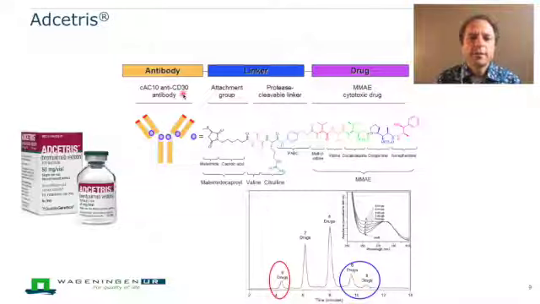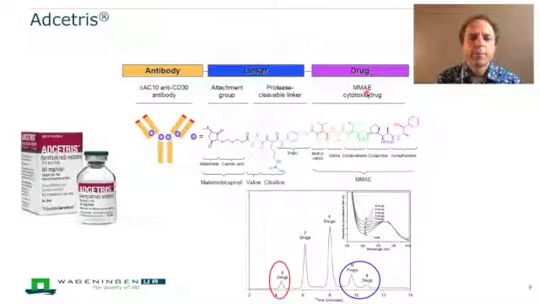Attached to the cysteine is a cleavable molecule. You see here that dipeptide, which is actually cleaved once it's inside the tumor lysosome. Then it releases the cytotoxic molecule called MMAE, which is a tubulin binder, which eventually leads to apoptosis of the